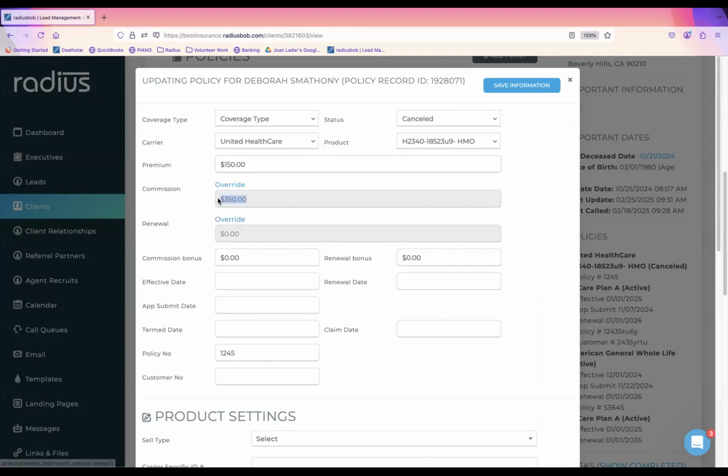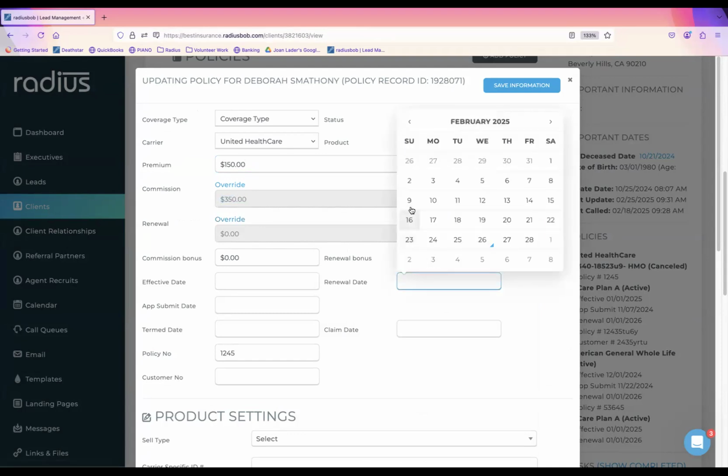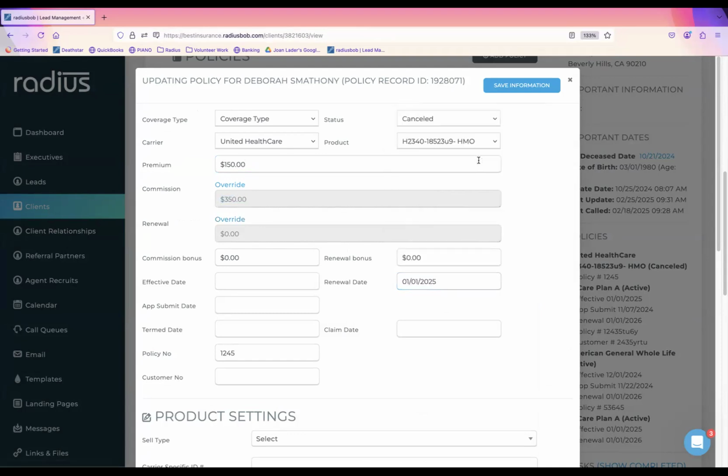But now do you see how it's trying to calculate that commission? And if I put in the renewal date, so let's say it renewed on the 1st of this month, this is me doing it manually, and I will show you in our next section how you can do it in bulk. But if I use the best practice of, as I'm going through each of my open enrollment appointments, you